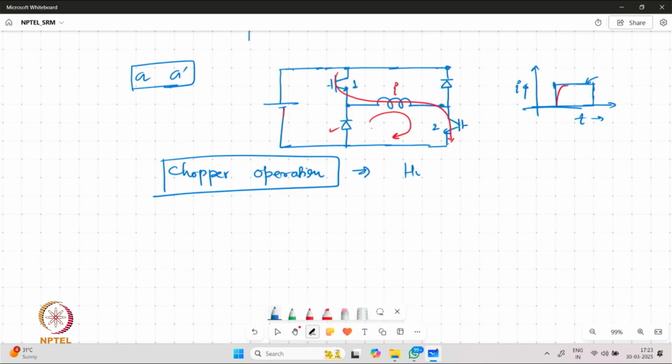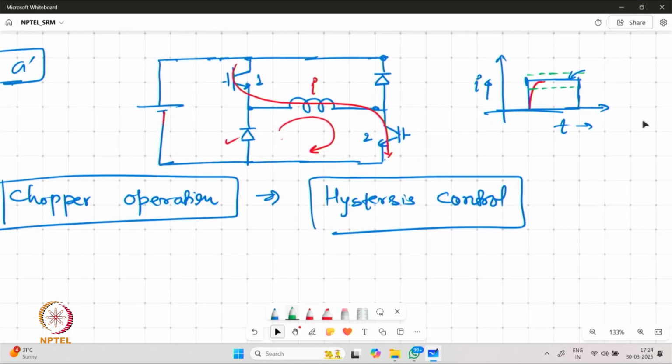So here we can take help of something known as hysteresis control. So we can decide that the current is always going to be confined within a certain band of upper and lower limits. And by turning on the devices, our current can always rise and hit the upper boundary, and whenever it hits the upper boundary, we need to switch off this positive polarity across the coil so that current can fall down. Whether it is falling down through a freewheeling approach or a forced approach, that can be taken as the option for the